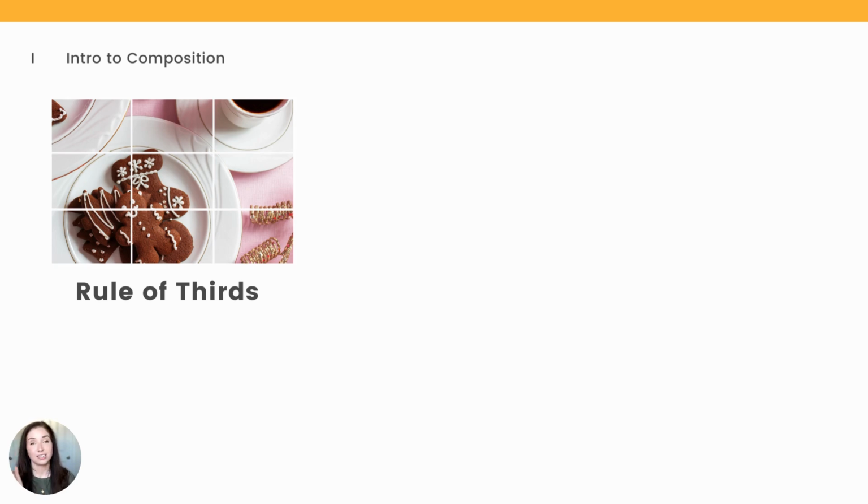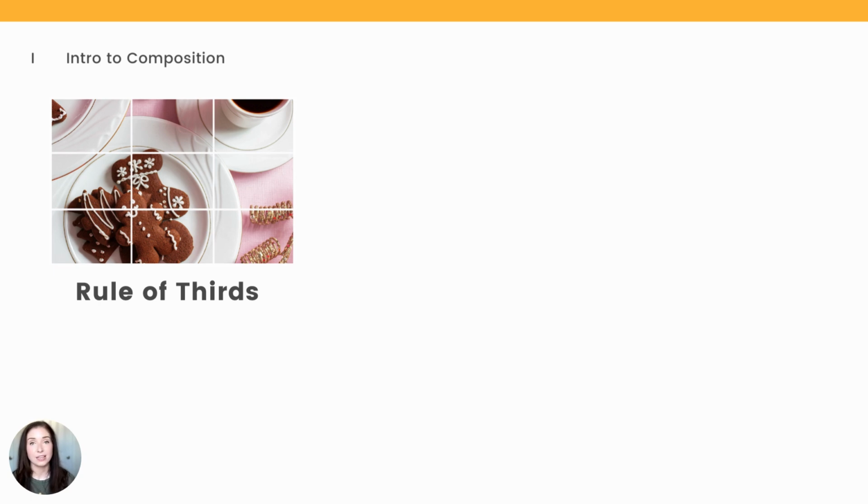We already touched on the rule of thirds. Again, this is your 3x3 grid with 4 intersections. This is going to be your catch-all general purpose composition technique for the majority of your pictures, I would say. You could probably get away with using the rule of thirds forever. You can center something perfectly if you have a single food item. If you have multiple food items on various plates, you can set it up in a rule of thirds within the rule of thirds, and it will work great. So it's a great